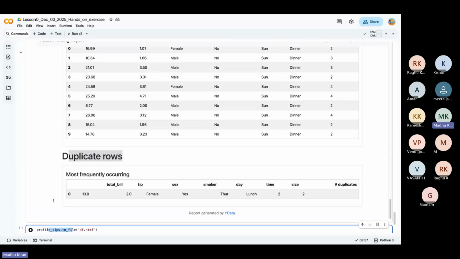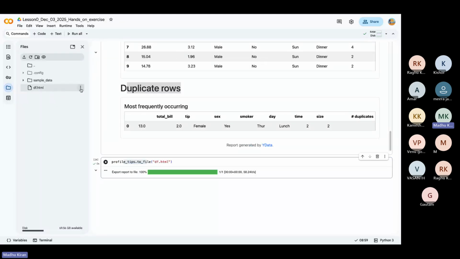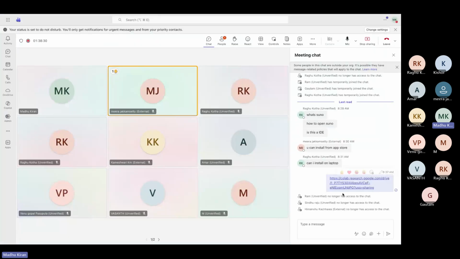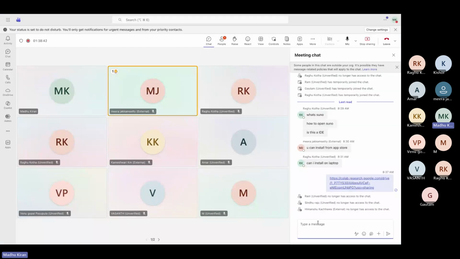The profile report we have created, you can convert that to an HTML file. So you'll get this file here. You can download this and send this report over also. You can try it, you can run it. You can download it and even copy the path and send it over. So let me just copy the path and send it to you.